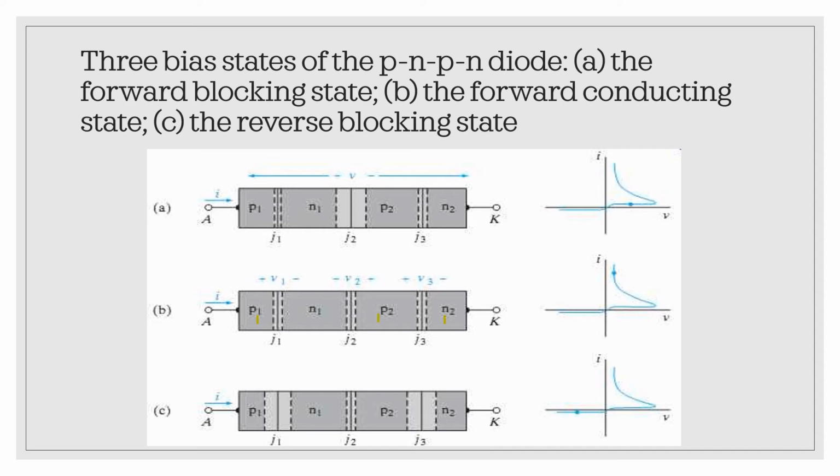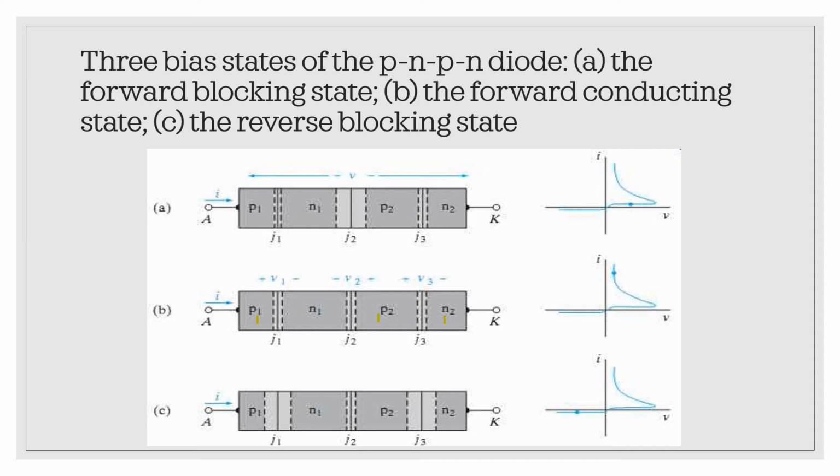So if alpha 1 plus alpha 2 is large enough so that many electrons are collected in N1, as I mentioned earlier, electrons move from N2 to N1, and many holes are collected in P2, moving from P1 through N1 and then to P2, the depletion region at junction J2 begins to decrease. Finally, when this depletion region decreases, the reverse bias disappears across J2 and is replaced by a forward bias.